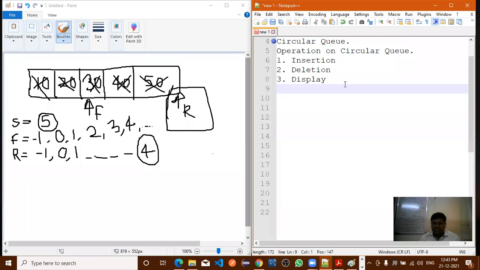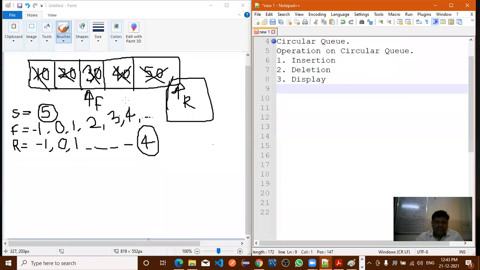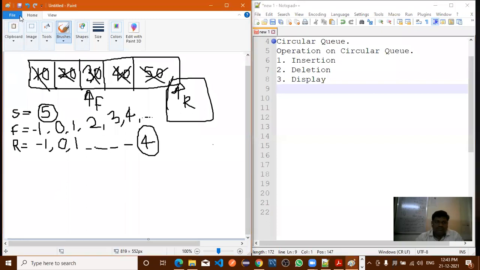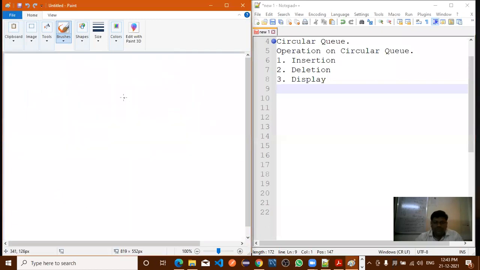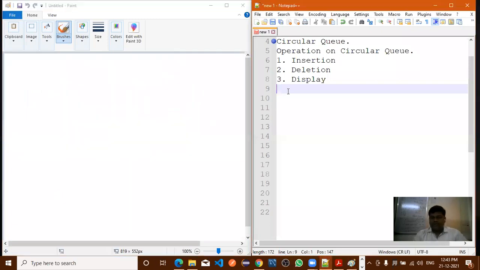I will say the definition first. Now here in the circular queue, can I erase this one? Did all of you understand? Okay, so here I will write some definition.